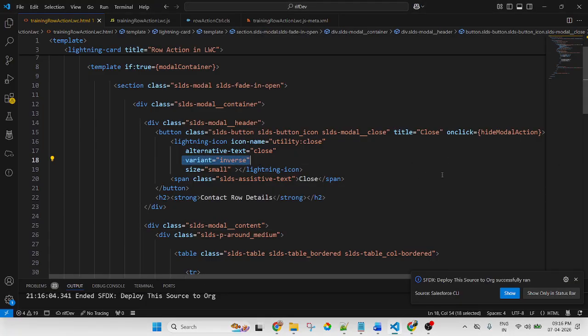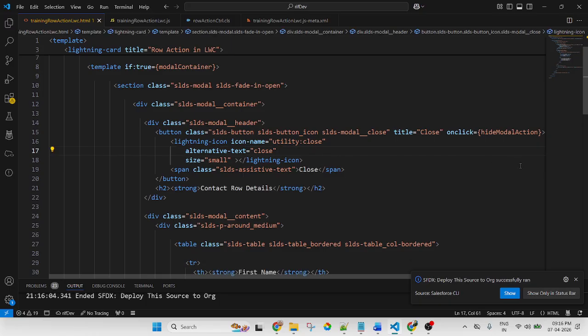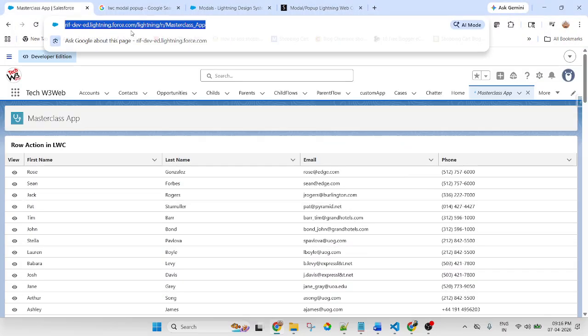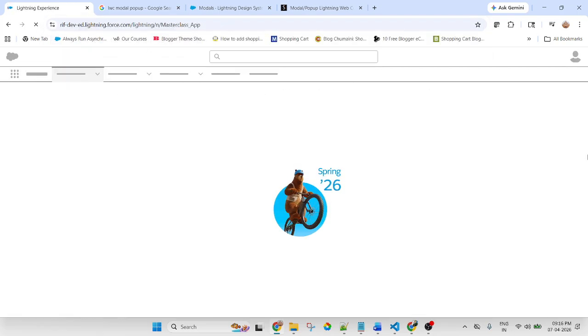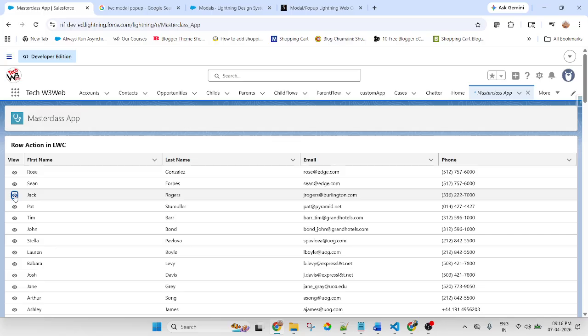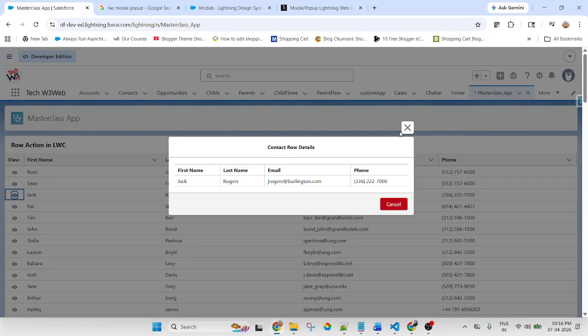Variant inverse, remove this, it is not required. Now let me refresh and open. Now it is good.